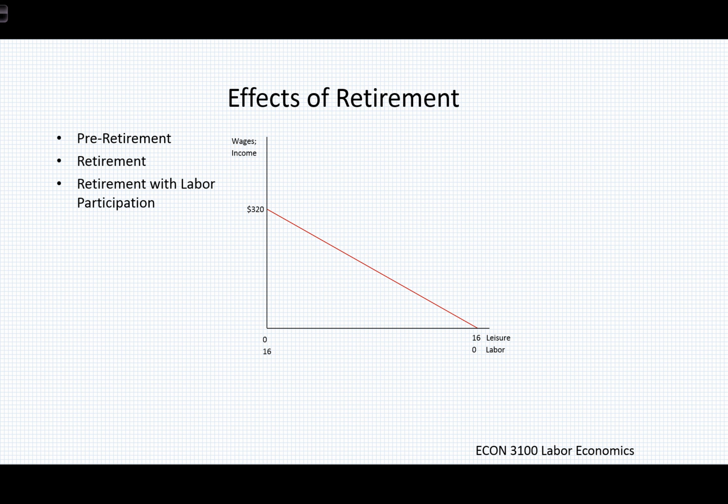We're going to look at the placement of the indifference curve, maybe just as one is preparing to retire, then in retirement without any wage income, maybe just endowment income, investment income, Social Security income, etc. And then we'll take a look at retirement with labor participation. So first, pre-retirement. Let's think about our initial condition again